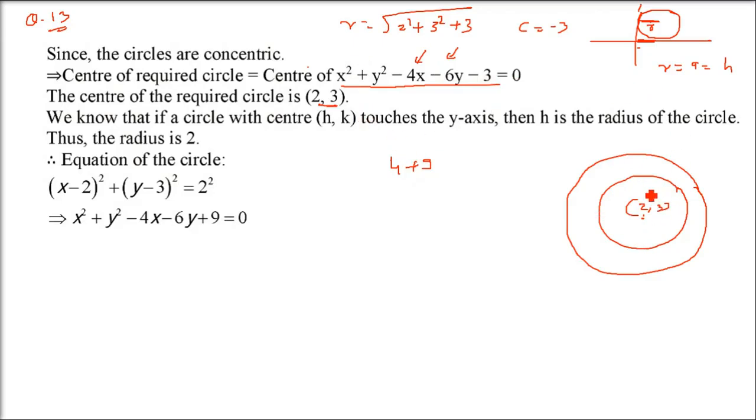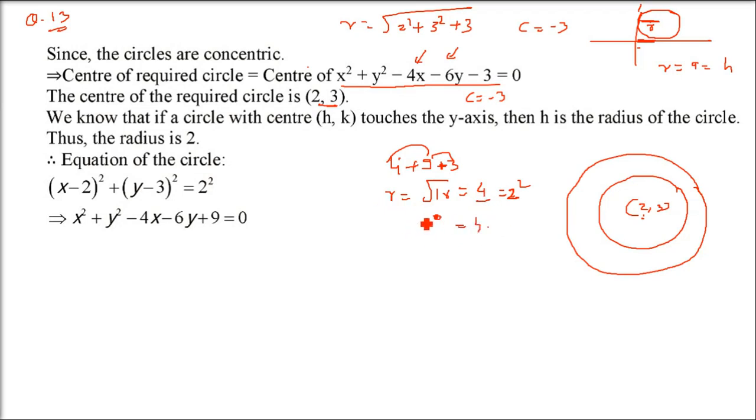And the circle which is touching the y-axis, as I said, because the center of the circle is 2, 3, the radius is the x component of 2, 3. What is the x component? It is 2. The 2 is the radius. I hope you are getting the point. Let me tell you again. We have found out the radius of the other one, which is, of course, under root 16, 4. But I am saying that for the circle which is touching the y-axis, the radius is the abscissa, which is given 2, 3 here. So 2 is the radius.